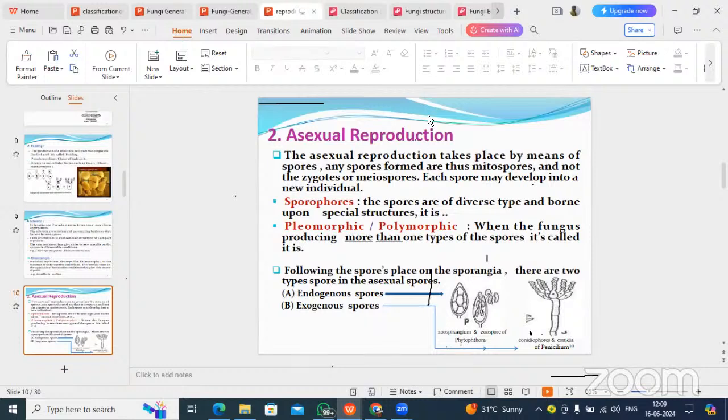forming the spores inside the sporangium, that is endogenous, or if it is producing them outside, that is exogenous. Two types: endogenous spores and exogenous spores. Spores which are coming out, which are outside, are exogenous spores. Spores which are in the sac, inside the fruiting body, are endogenous spores. These are the two types of spores. Okay. And then